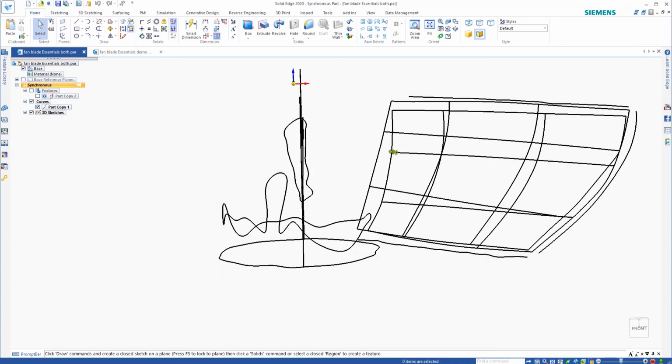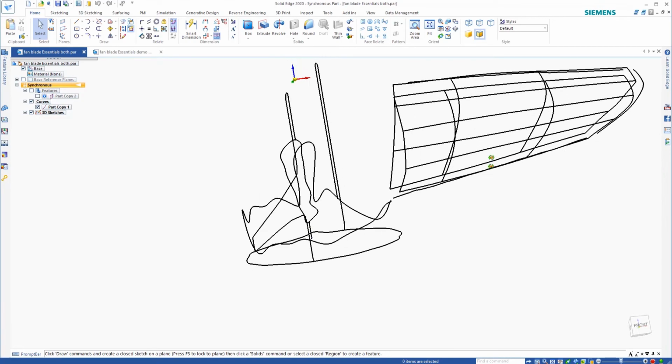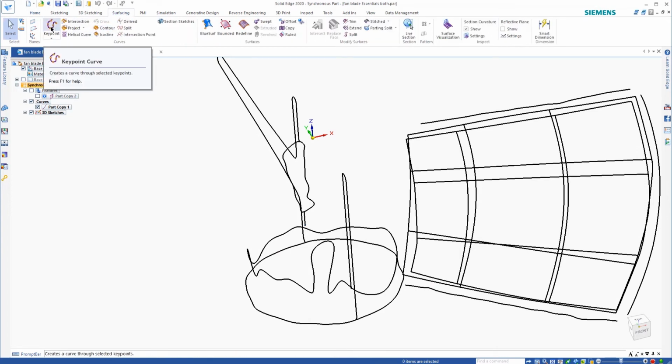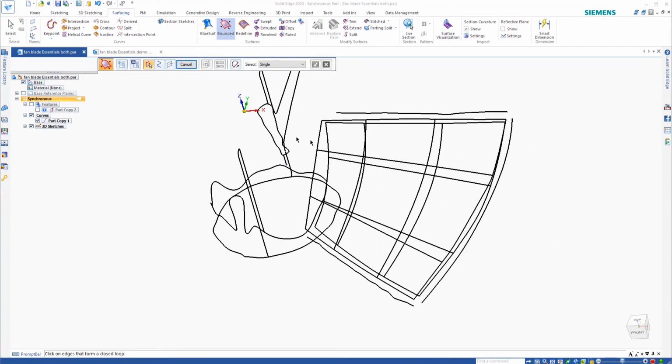So the first thing I'm going to do is go ahead and model the fan blade here. As you see, I have the curves that I brought in from Essentials. In order to do that, I'm going to come over to the surfacing tab, and I'm going to create key point curves over top of the curves that I brought in. So you can see here that what I'm going to do is draw over top of nice clean key point curves. So in order to do that, I'll just come over to key point, and then you'll see I'm just going to draw